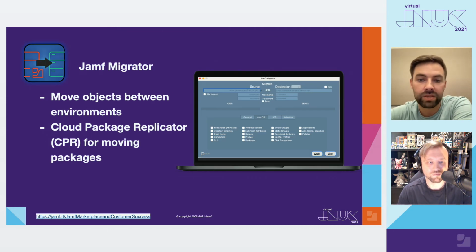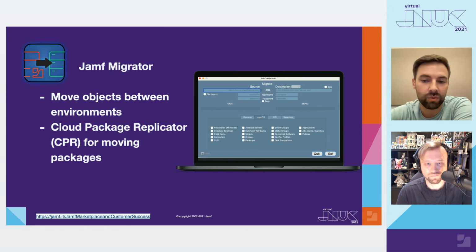Now, next up is one of my personal favorite tools, and it is called Jamf Migrator. If you're not familiar with it, this powerful tool can migrate data granularly between Jamf Pro servers. It allows for migrating items from one Jamf Pro server or an XML file to another.